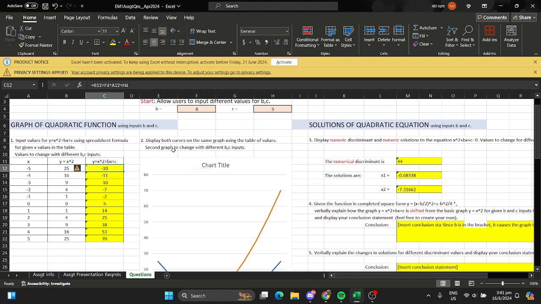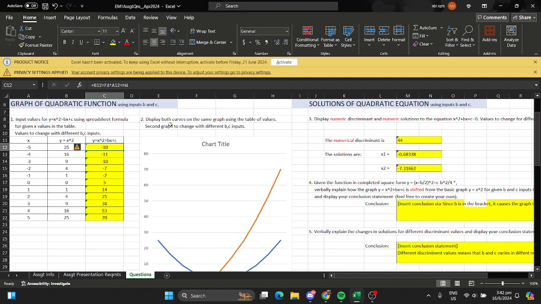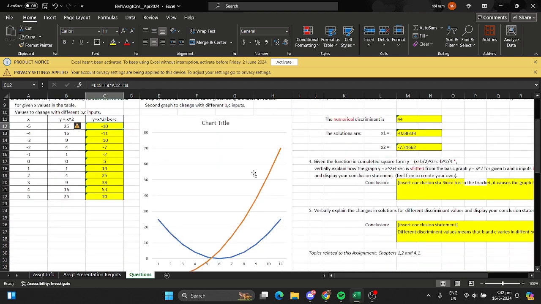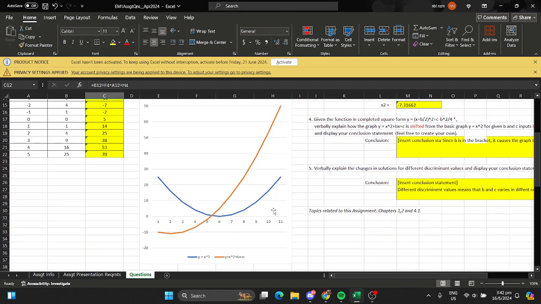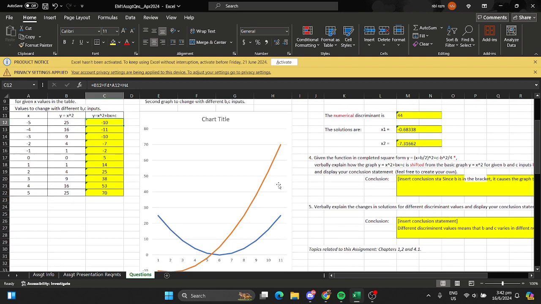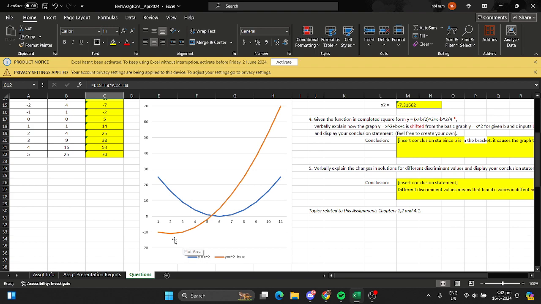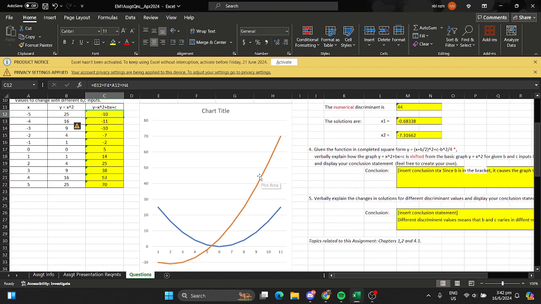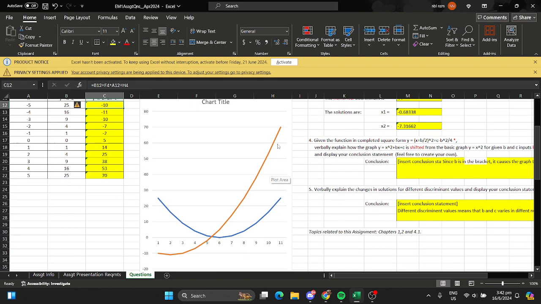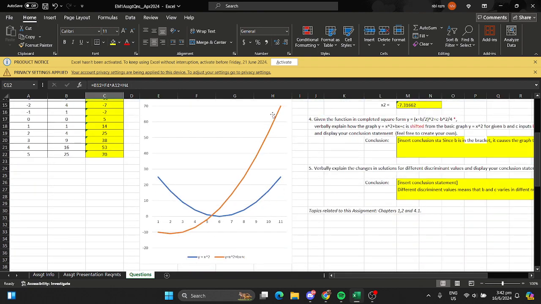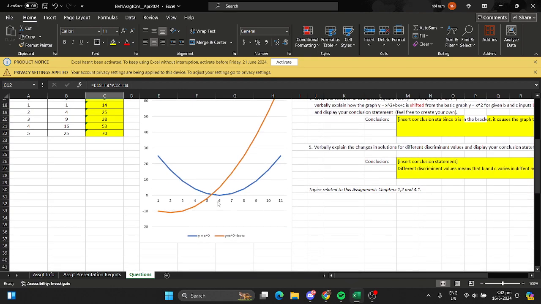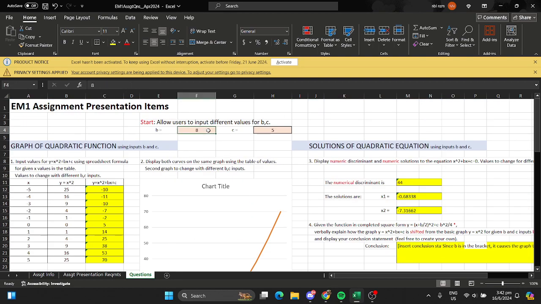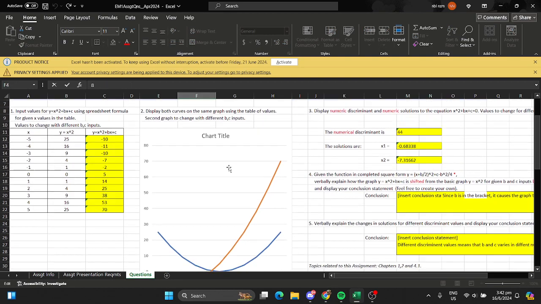So question 2. Display both curves on the same graph using table values. Second graph to change with different inputs B, C. So the blue one is the input. The blue one is y equals x squared, while the orange one is y equals x to the power of 2 plus bx plus c. As you can see, they only intersect at one point, and when I change the values of B and C,